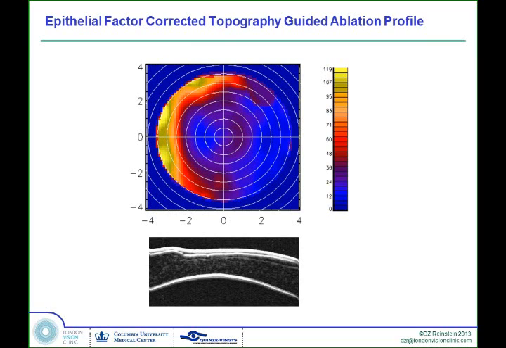Now remember, if you look back here, if you just look at a best fit sphere here, you would have required removal of tissue from the temporal cornea. Right? That's the part sticking out of the best fit sphere. But once we calculated using the epithelial profile, we're now taking tissue where we logically would expect to take tissue from, which was the nasal cornea, because of the short flap where the tissue wasn't removed in the first place. Amazing how you can get it wrong by 180 degrees because the epithelium has changed the view to the world